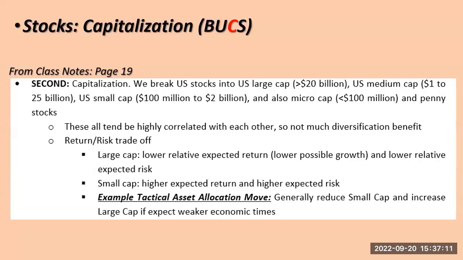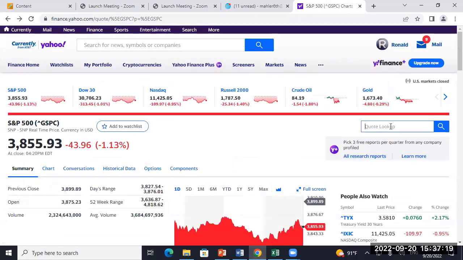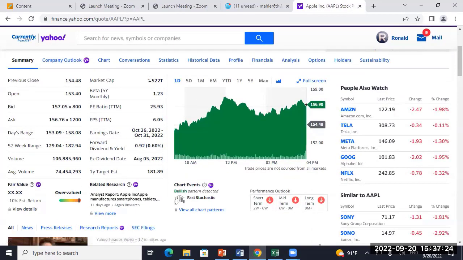So what is market capitalization? That's just how large the company is. So you see Apple is the biggest stock out there. How big is Apple? Right now they're 2.5 trillion. I think they hit 3 trillion there for a minute. I remember they hit a trillion, which just seems like a few weeks ago. When they hit a trillion, people were like, "My word, we got a $1 trillion stock." Are they really the biggest stock around?